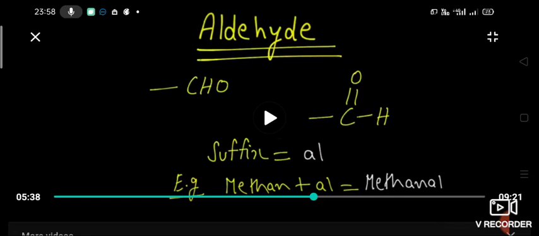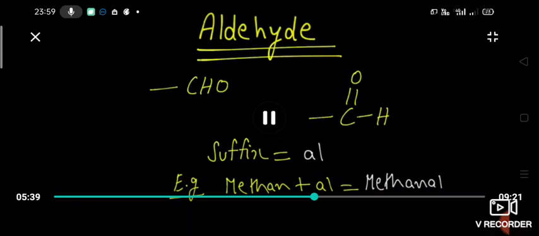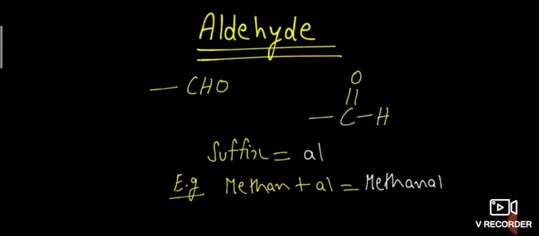So, first example, methane. Now if you take one carbon, remove the other atoms and attach this CHO group, you will get the first member, that is methanal. Methanal formula is HCHO. Ethanal is methane with a CHO group. Here you have to count this carbon also. The carbon present in the functional group also has to be counted.